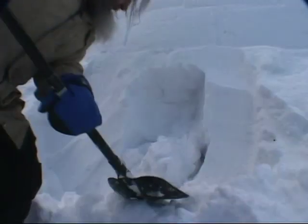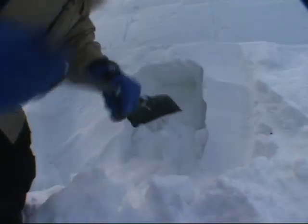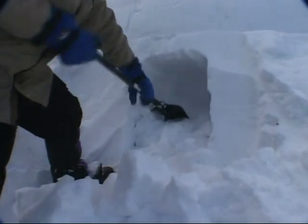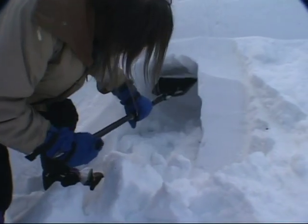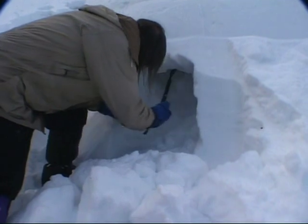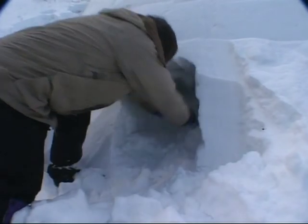Now we need to dig our little doorway. Drop in. You make this door too small to begin with. You can always make it bigger, but if you make it too big, you can't patch it back up. Now I'm 8 inches past 8 inches of wall thickness. I can just go right up through. And I can hand the shovel in the guy and he can chop it a little bit. If I had another shovel, I'd use it to move the snow, but